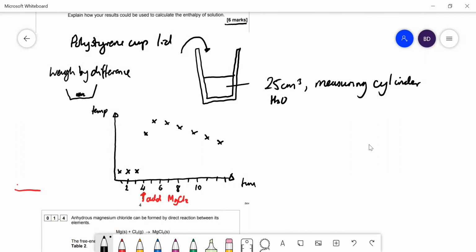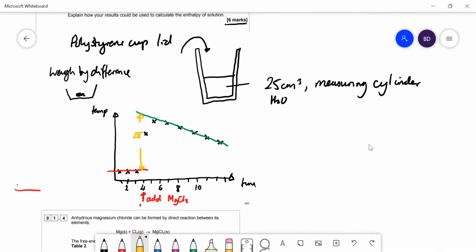How are we going to use those results? Well, we're going to extrapolate this line forwards, and you can see here we're going to extrapolate this one backwards because the solution is cooling down there because it's losing heat to the environment. So what we're saying is if it was losing heat at that rate, then the temperature at 4 minutes when we added the stuff would have been there. So we're going to use that as our temperature change, delta T. So that's how we're going to find out delta T, by monitoring the temperature every minute and plotting those lines,